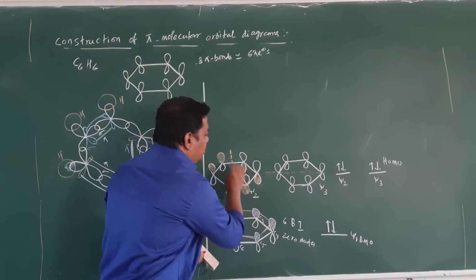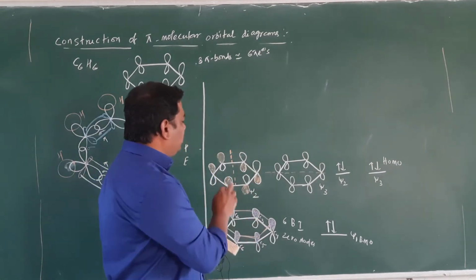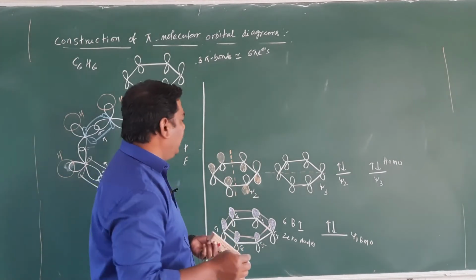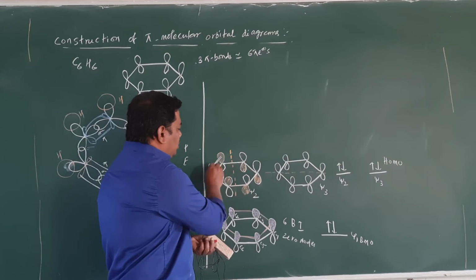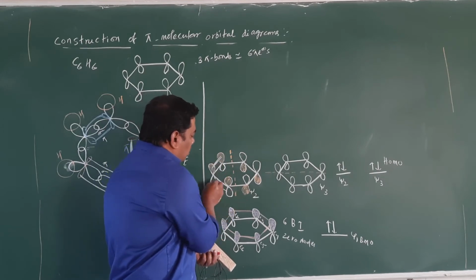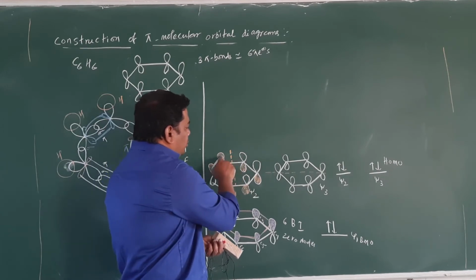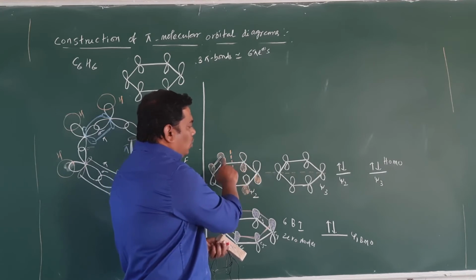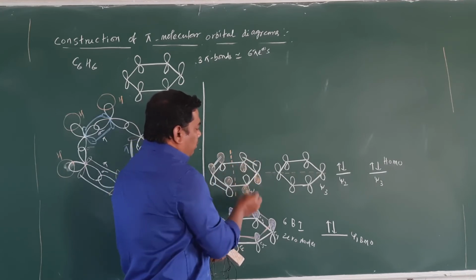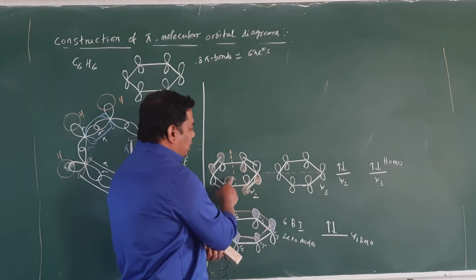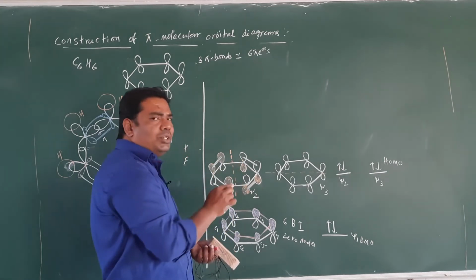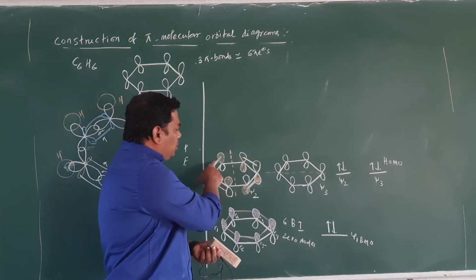So this is the easy to remember, easy to construct molecular orbital energy level diagram. Clear, students? So this is the overlapping. Here, shaded and unshaded, so the node is present here. The overlapping is present here, but here there is no overlap, meaning there is no interaction. Because it is shaded and unshaded, this is easy to remember, students. What you will do, it is an easy trick.